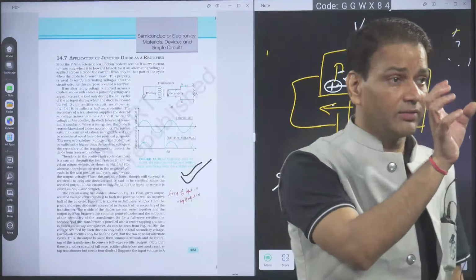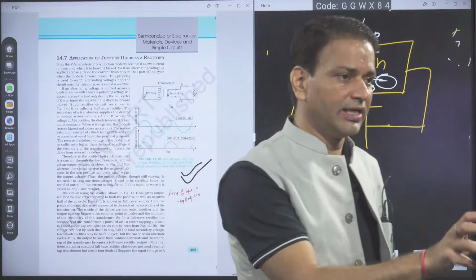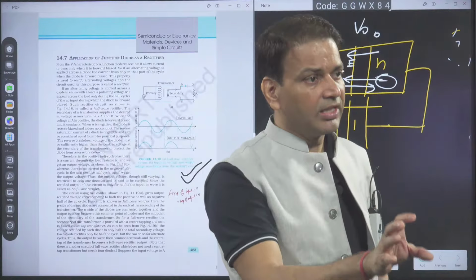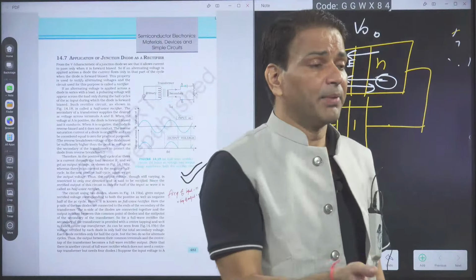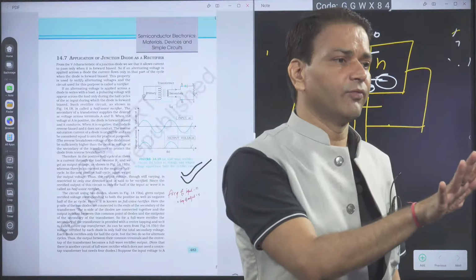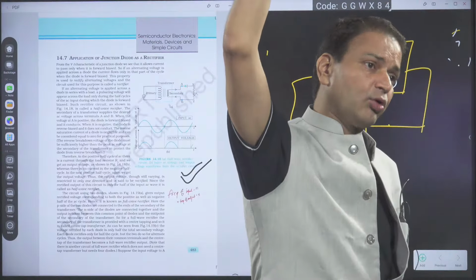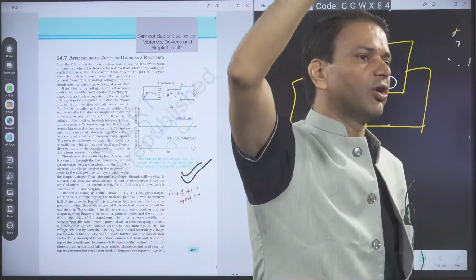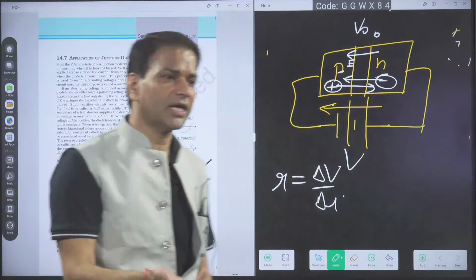That's why I said we select a diode whose breakdown voltage must be large in comparison to the peak reverse voltage. Suppose the breakdown voltage is 10 but the maximum peak reverse voltage we get is 4. The reverse voltage will go maximum up to 4, but the diode will break down at 10, so the diode will not break down. The reverse current will be almost 0, so our purpose will be solved.